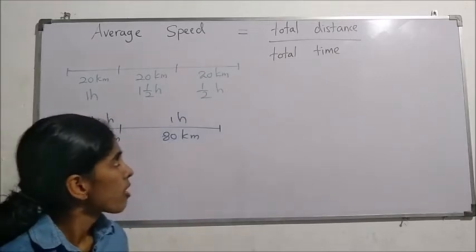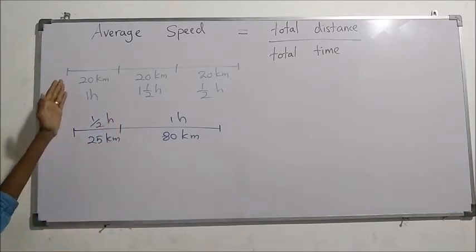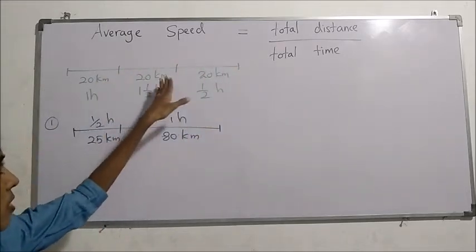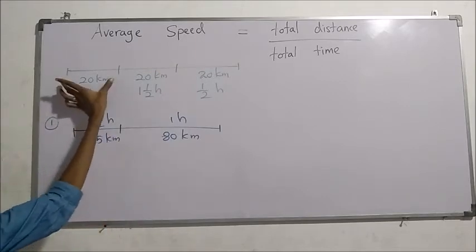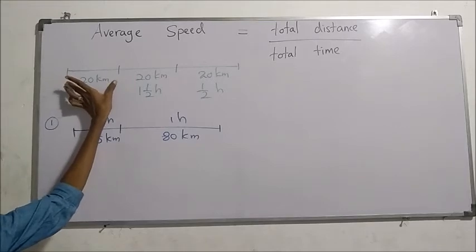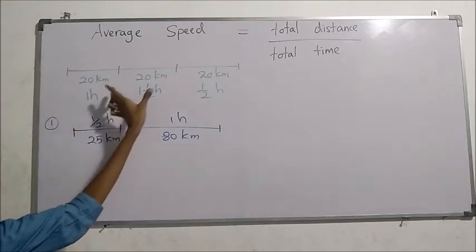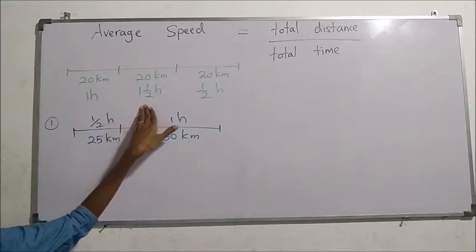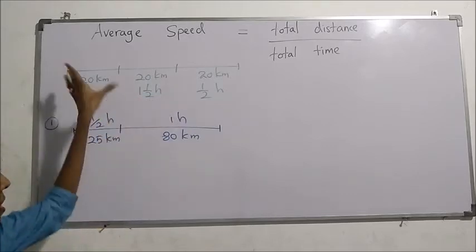For an example, here I have given you this. Just think a vehicle is traveling from this point to that point. The total distance is what? 60 kilometers. But due to different reasons, see what has happened. When it travels the first 20 kilometers, it has taken 1 hour. And when it travels the next 20 kilometers, it has taken 1.5 hours. That means it has taken more time than for the previous distance.